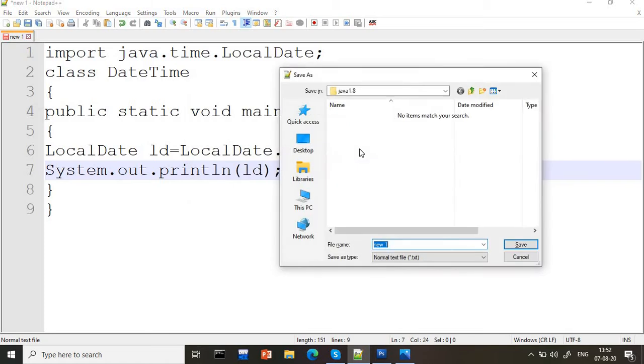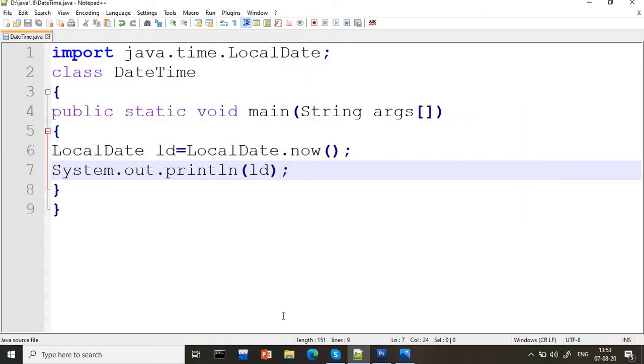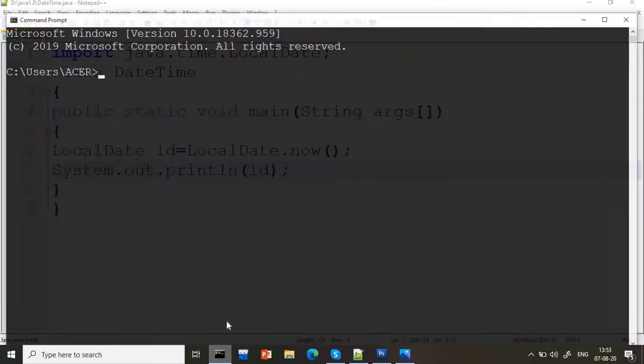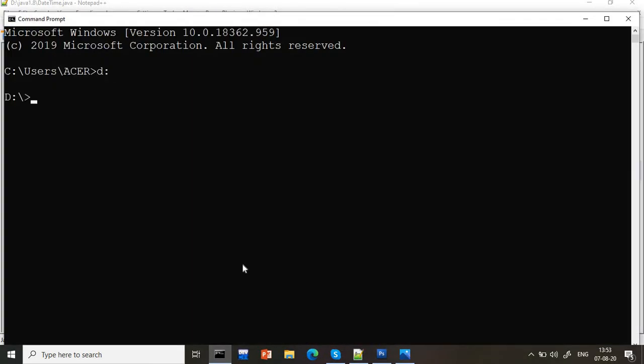First we'll save the program, and I'm saving into the Java 1.8 folder; my folder is already created. In that folder I'm saving this file, and my file name is DateTime.java. Now open the command prompt. On the command prompt, in the D drive, my folder name is Java 1.8, so I go to Java 1.8.